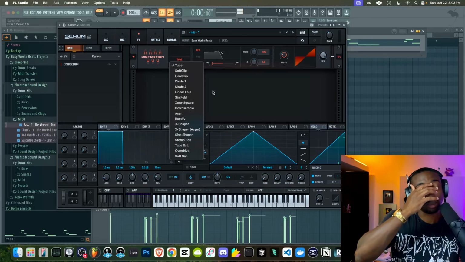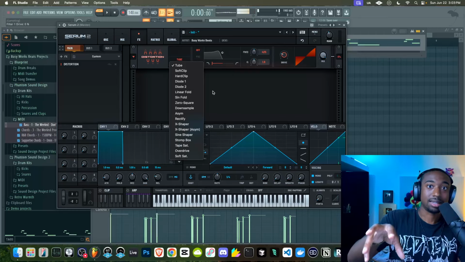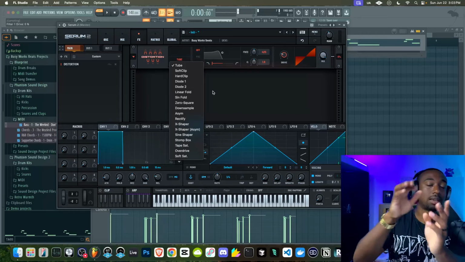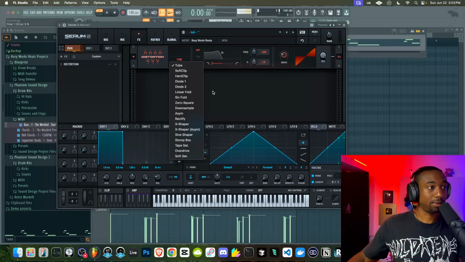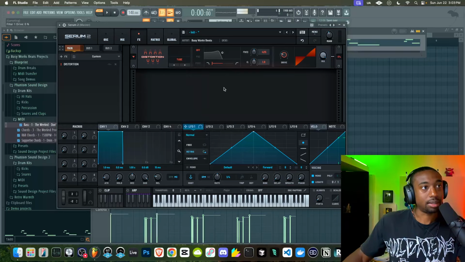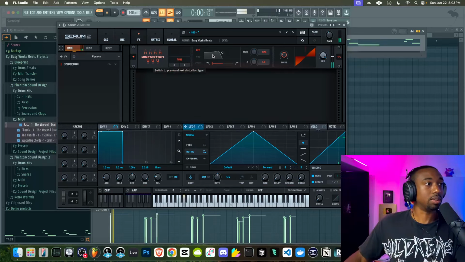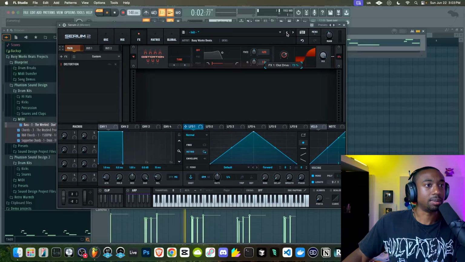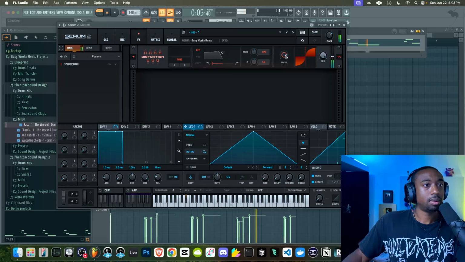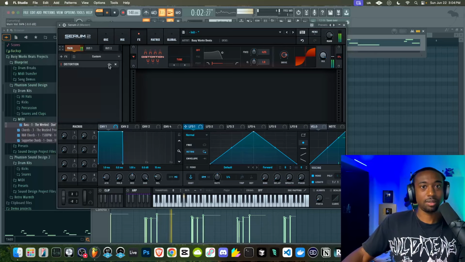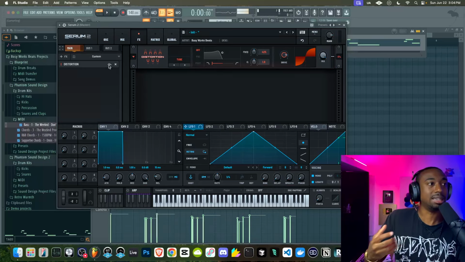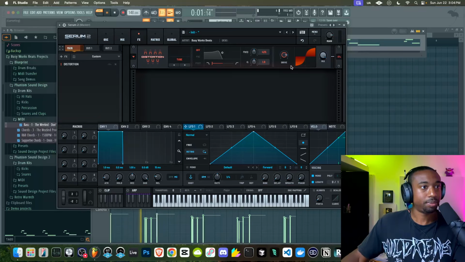So tube saturation replicates a sound going through a processor and literally going through tubes until the waves collide to create different waveforms. And that's how they created saturation, because they use wave interference. Okay, so now we're going to use the analog tube sound. This is more for bass sounds if I had to. So it's like that Mike Dean kind of bite on the sound. Here's without it. Here's with it. So now it feels like a sawtooth, the gritty part, but without that bitey, aggressive, high-end tone.